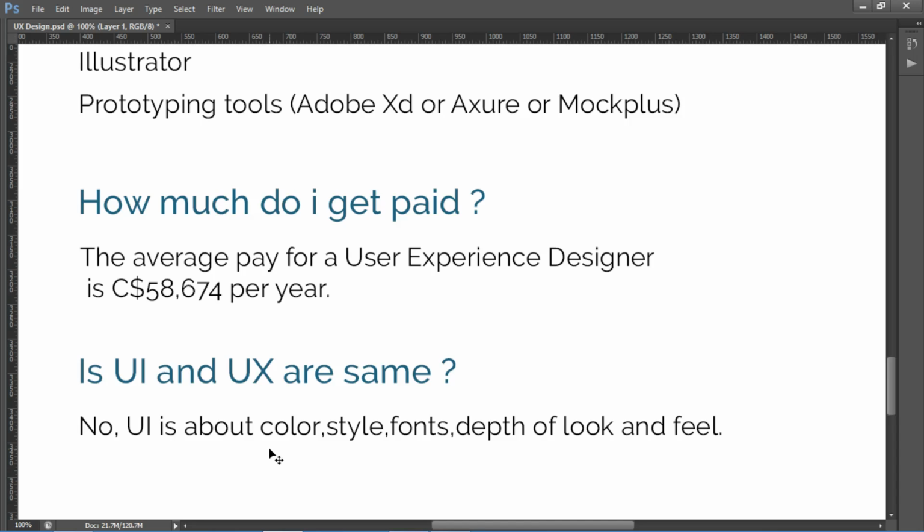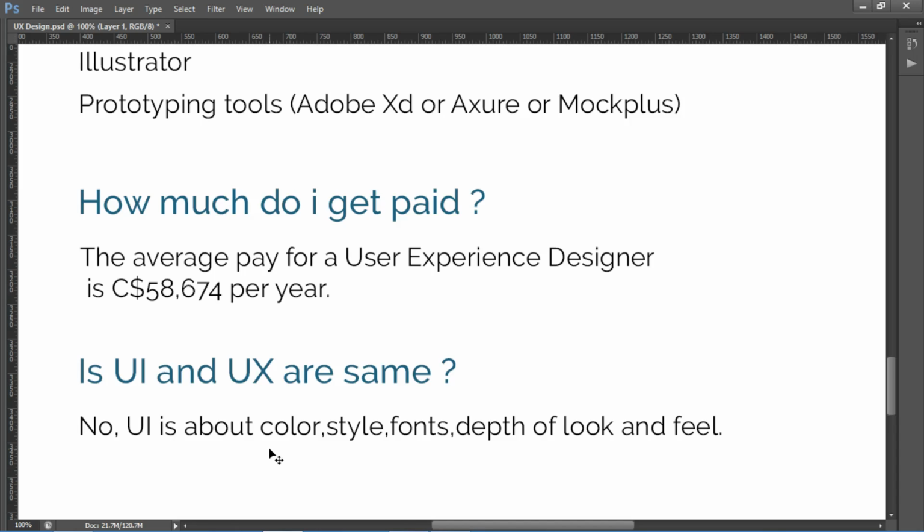Some fonts are big, some are small, and there are different colors. For the header, one color. For the body, one color. For a card system, one color. For a button, one color. For an icon, one color. These are called UI design, user interface design.